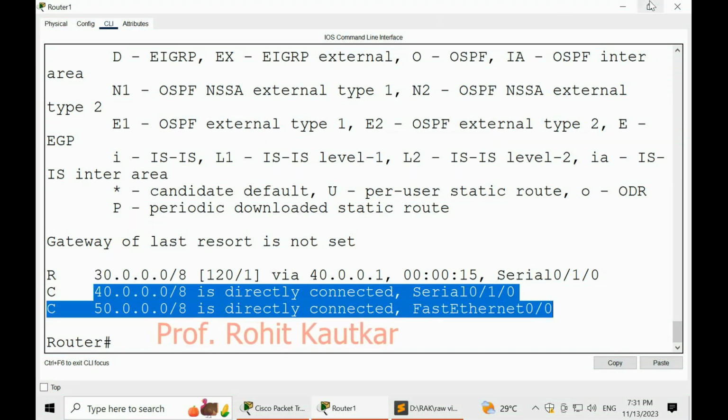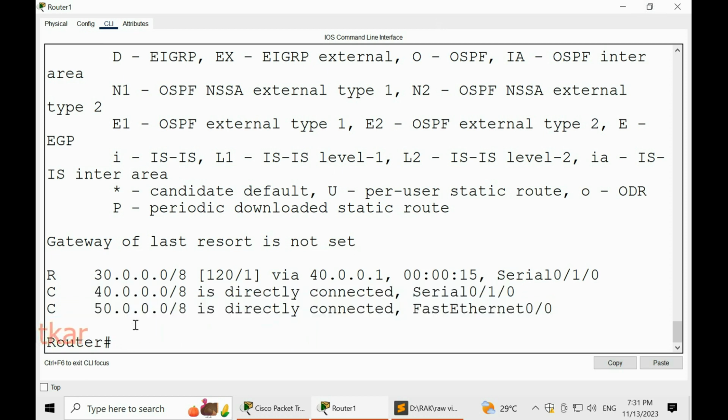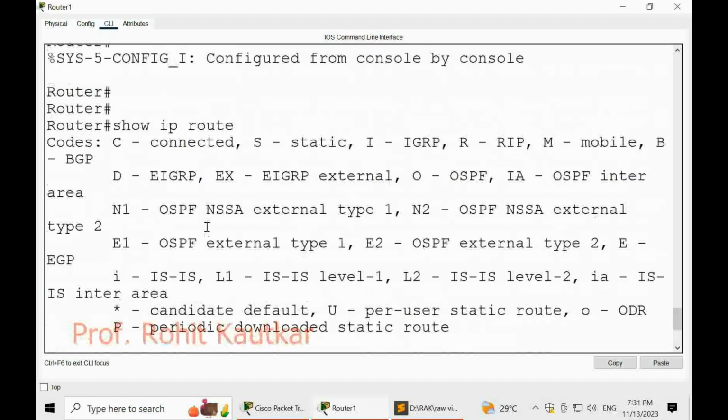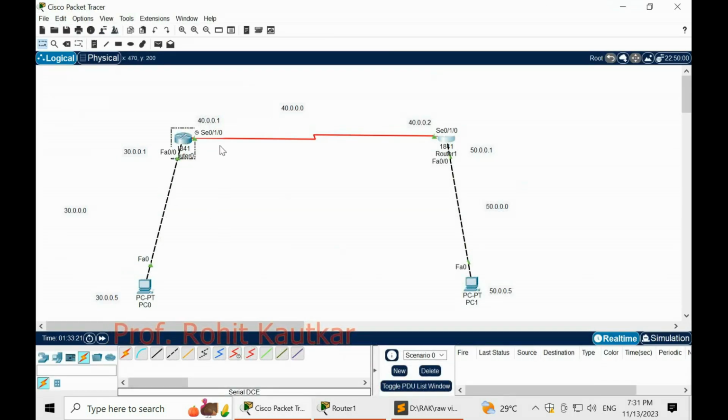So we may display the specific route as well which has been learned by the router through RIP. For that purpose we will use the command show IP route RIP and hit enter. So you can see now router 2 has learned about this network through RIP via this 40.0.0.1 network or interface. So this is how we have successfully configured the RIP protocol in Cisco Packet Tracer.